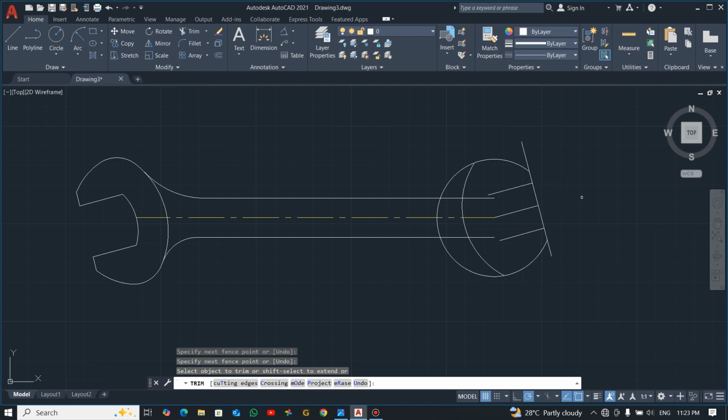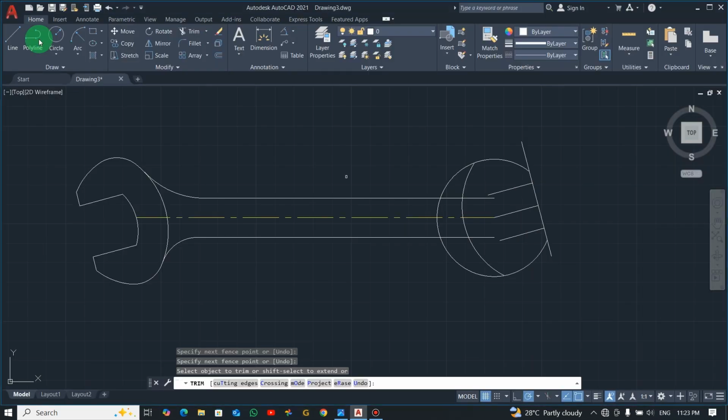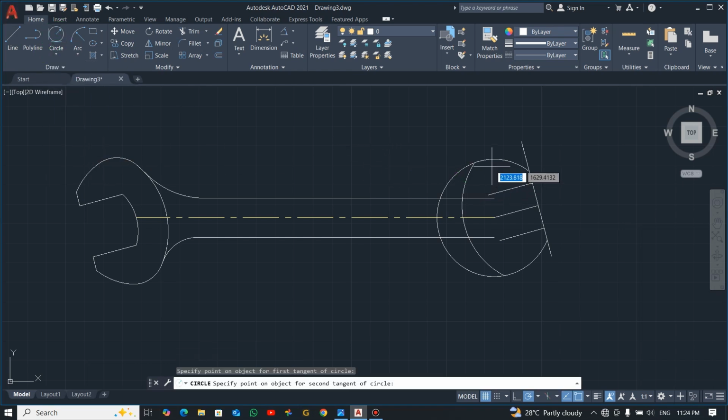Good. Now if you watch, we need to apply this 16 radius. Okay, so just center radius, no, let's pick tan radius. Click here and click here, enter 16, again, click here, enter 16. Good. So now let's trim. So we trim this side, trim this side,